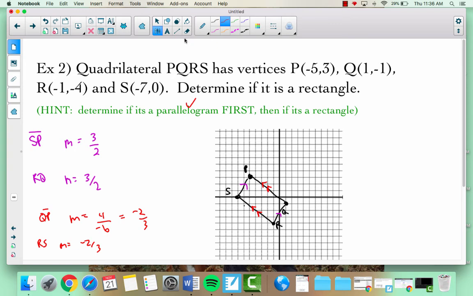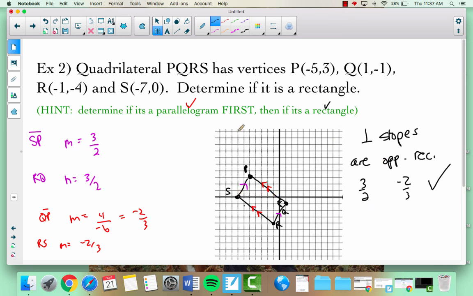And now to determine if it's a rectangle, we can calculate the distance of the diagonals, or we could see if our slopes are perpendicular. So remember, 90-degree angles are formed by two perpendicular lines. So if my two slopes form right angles, then my slopes will be opposite reciprocals. So perpendicular slopes are opposite reciprocals. We talked about that in our previous units. So if I know that one slope is 3/2, the other one was negative 2/3, they are flipped and perpendicular, so that would be good. Okay, and it works for both sets of sides, so because both pairs are perpendicular, we know it is a